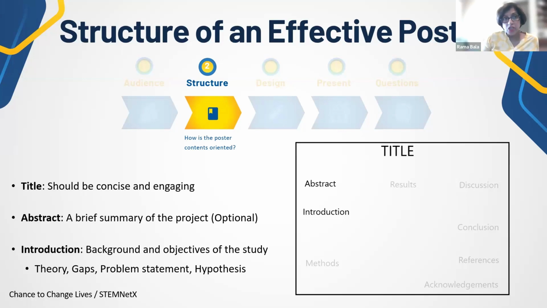So please pay attention to the event or the conference where you are presenting the poster. Some conferences require that the posters have an abstract, and if it is so, make sure that you print out that abstract in there. And an introduction really gives you the space to present the background of the research, the